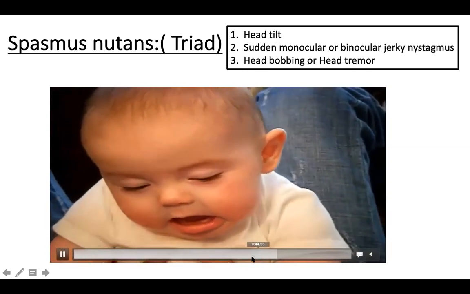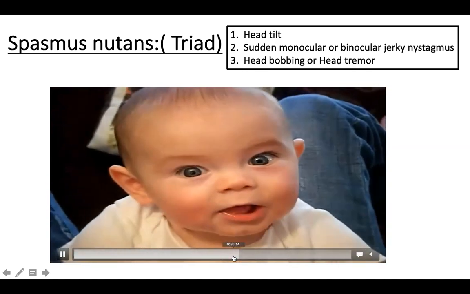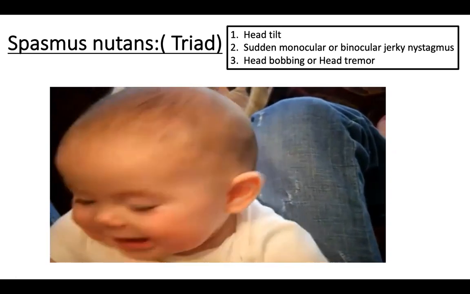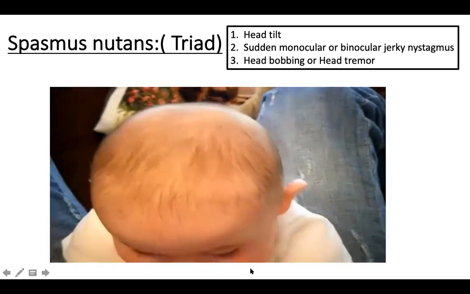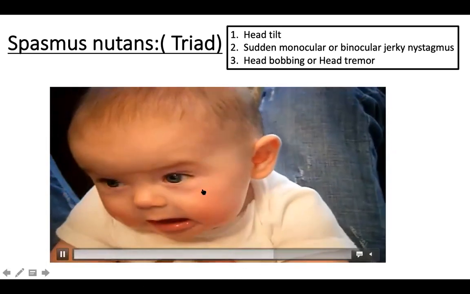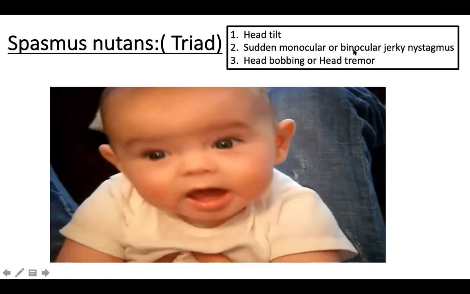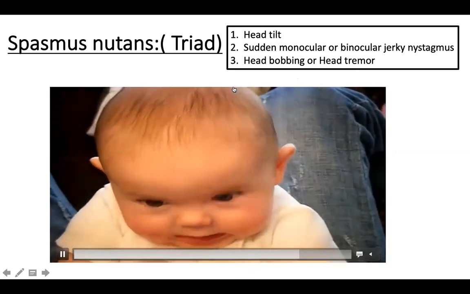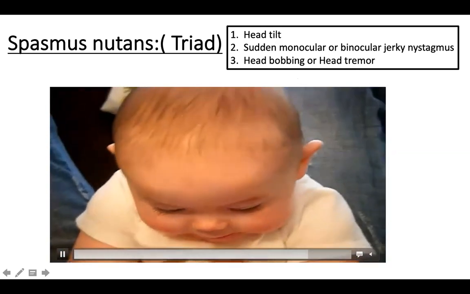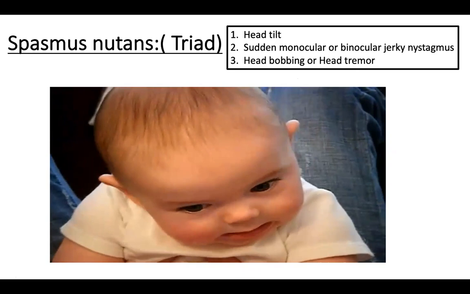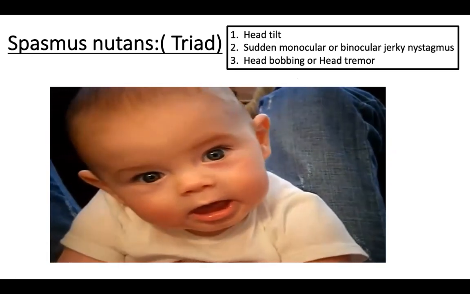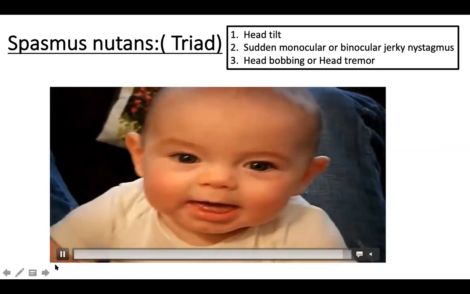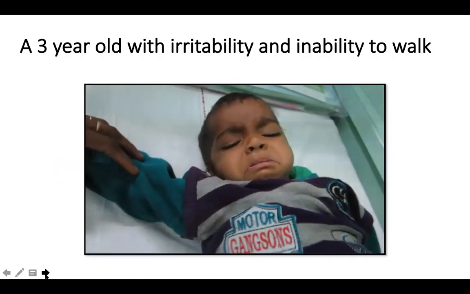This sort of rapid eye movement is very benign. This is called spasmus nutans. It is not associated with any ocular pathology. It has rapid eye movements, horizontal nystagmus, which could be monocular or binocular, with a brief head tremor and a neck torticollis. It is not associated with any loss of vision or delay in visual fixation. The children are otherwise developmentally normal. It can persist up to 3 to 4 years. So this is your spasmus nutans.